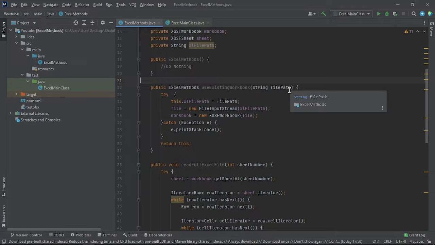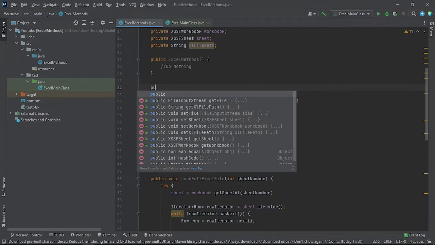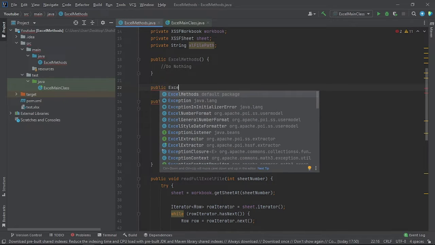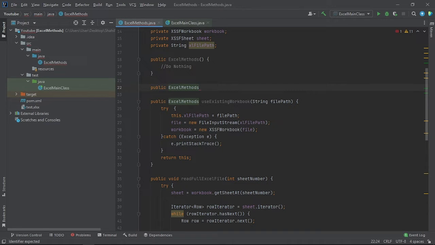So how this is going to work is that first of all it is going to create a new Excel file, then it is going to write on that file, and after that it is going to save the file. So for creating a new Excel file, I'm going to create a method. For creating the method, I'm going to write public and the name of the Java class in which I'm writing this file, and let me name it create new Excel file,